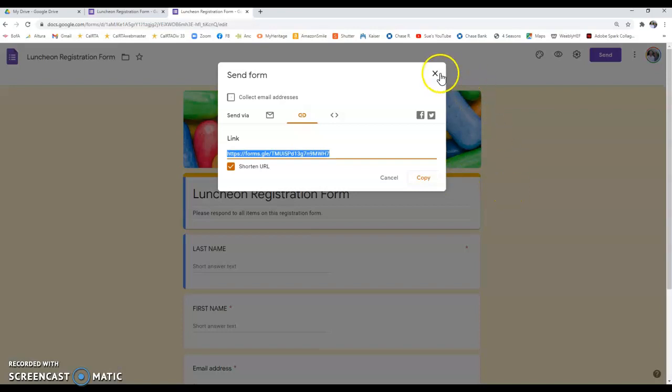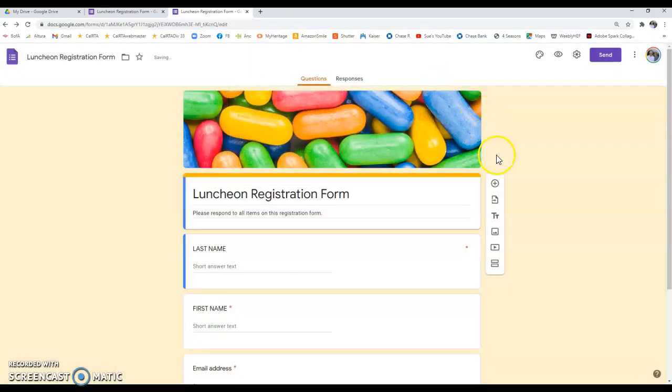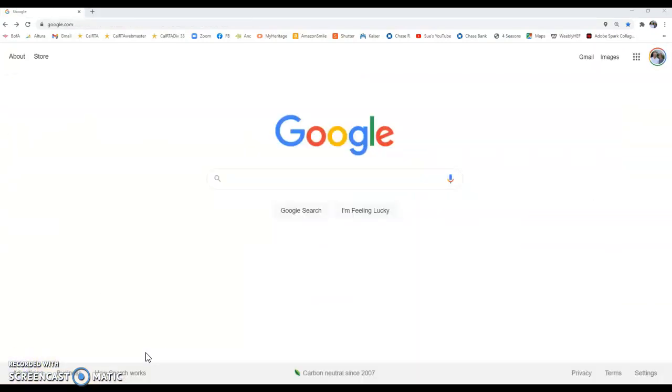Now remember, you can't see your clipboard, but it is in your computer, and I can paste that link in an email, into a newsletter, into a flyer, or as I said earlier, into a Facebook post and send it out. Once your form's been sent out, you can easily check the responses by locating and opening the form in